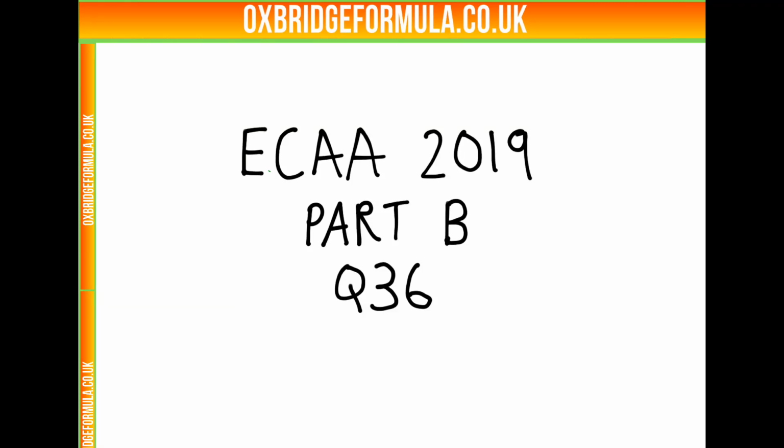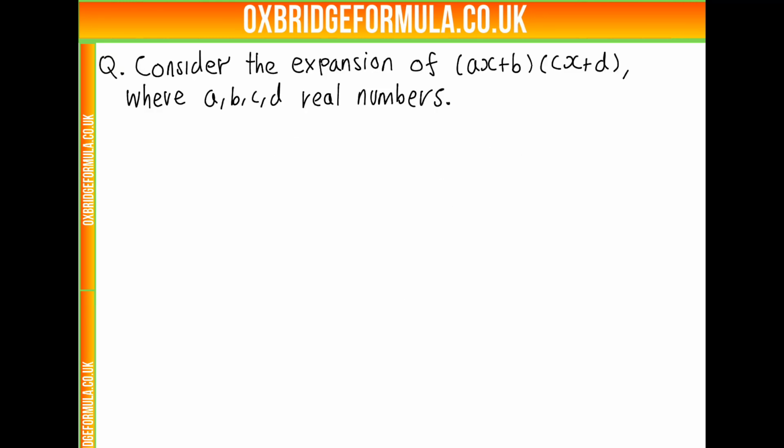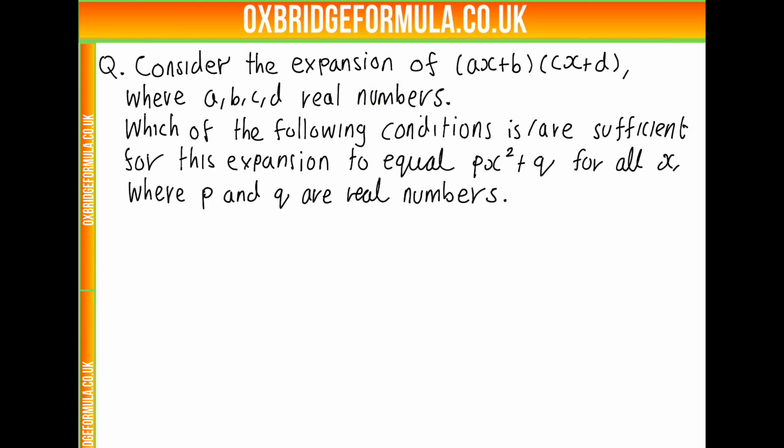This is the solution video for question 36 from part B of the 2019 ECAA paper. In this question, we're asked to consider the expansion of (ax + b)(cx + d), where a, b, c and d are some real numbers. And for this, we're asked which of the following conditions